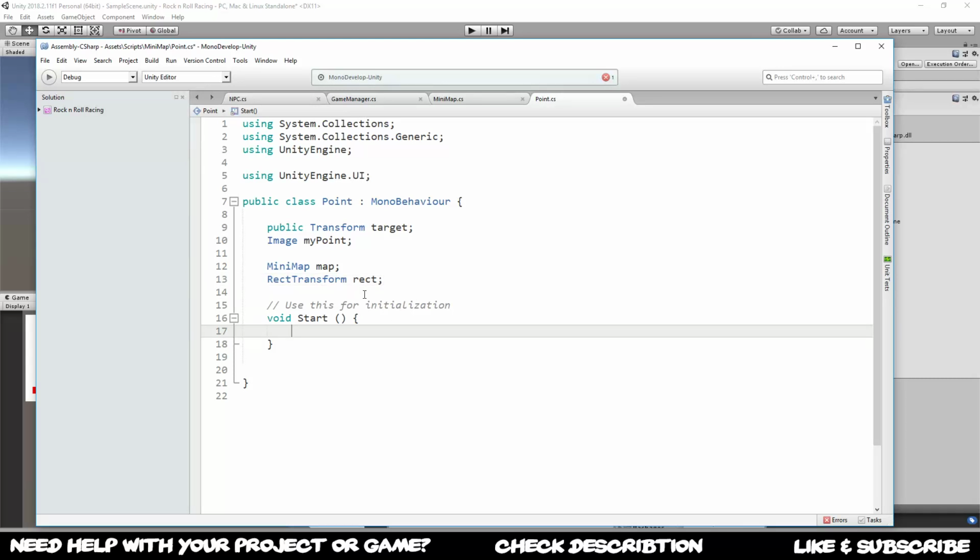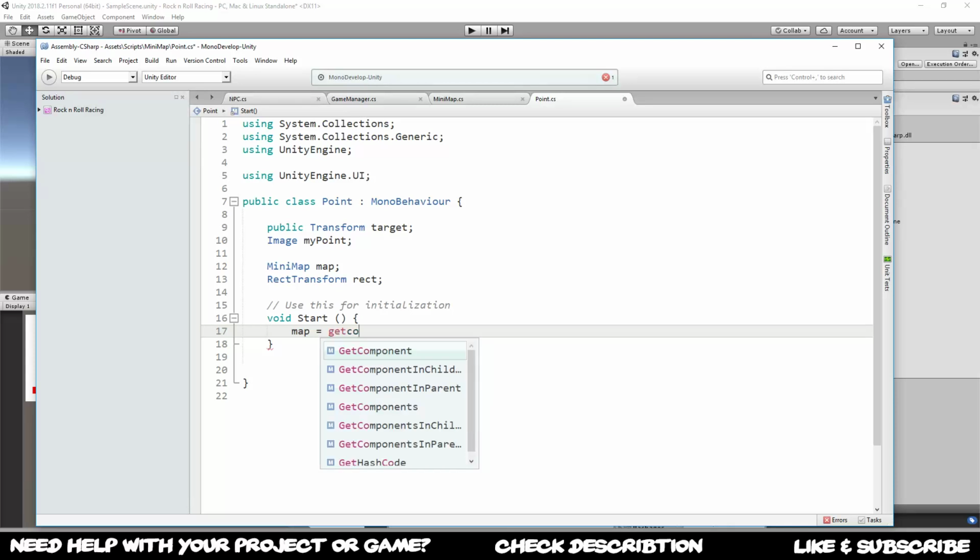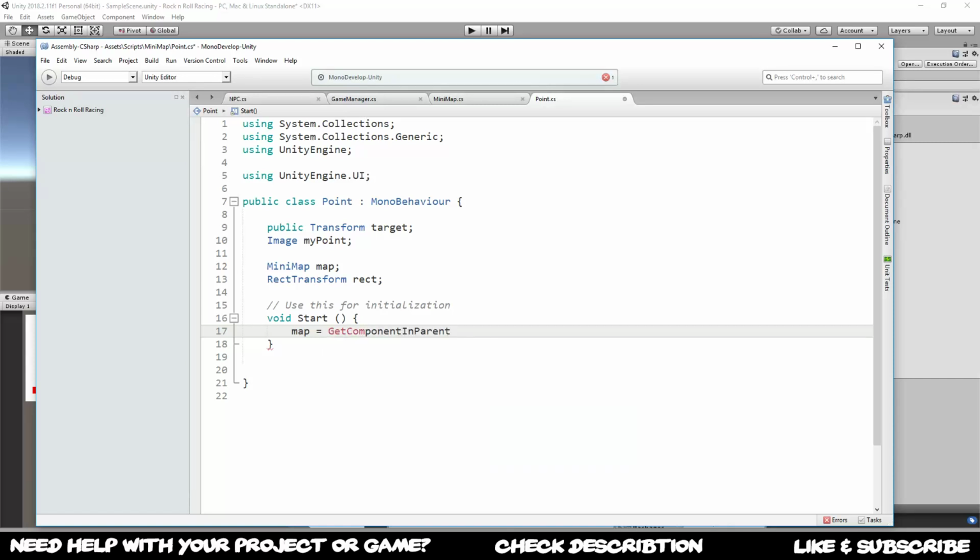Okay, so what we need to do is at first we need to initialize all of these. We're gonna drag this car automatically in. Later on you can automate that if you like to. For example, when you drop a loot somewhere, then you want to put the transform of the loot inside that over here. Okay, so what we want to do is we want to get the connection to the map at first. And since the map is a parent object of our point, we're gonna say GetComponentInParent. And the type of component is going to be the Minimap component, open close parentheses, close the line with a